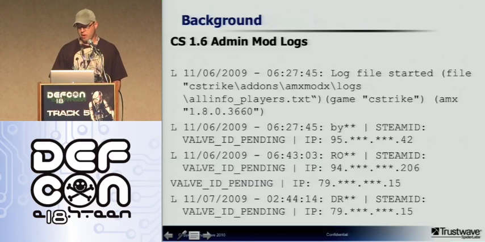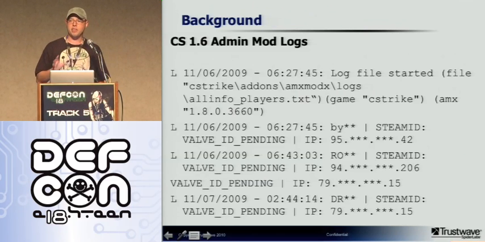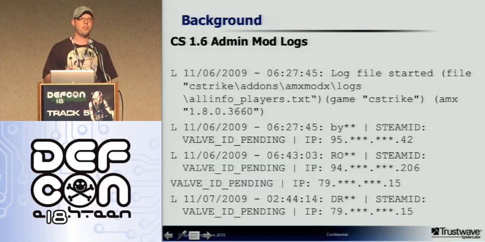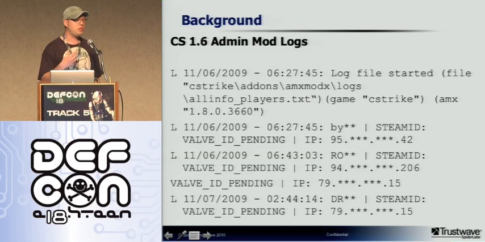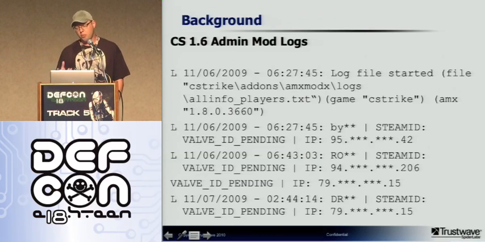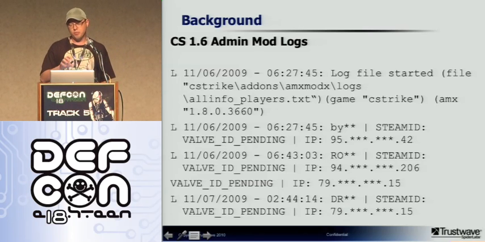So first, a little bit of background. Originally, my idea was to try to look for personal information, sensitive information. I do credit card data breaches, so I was like, hey, you can buy stuff through these consoles. Perhaps I can find credit card numbers stored in these things, or usernames, passwords, all that fun stuff. As I discovered, that was going to become more of a fool's errand,